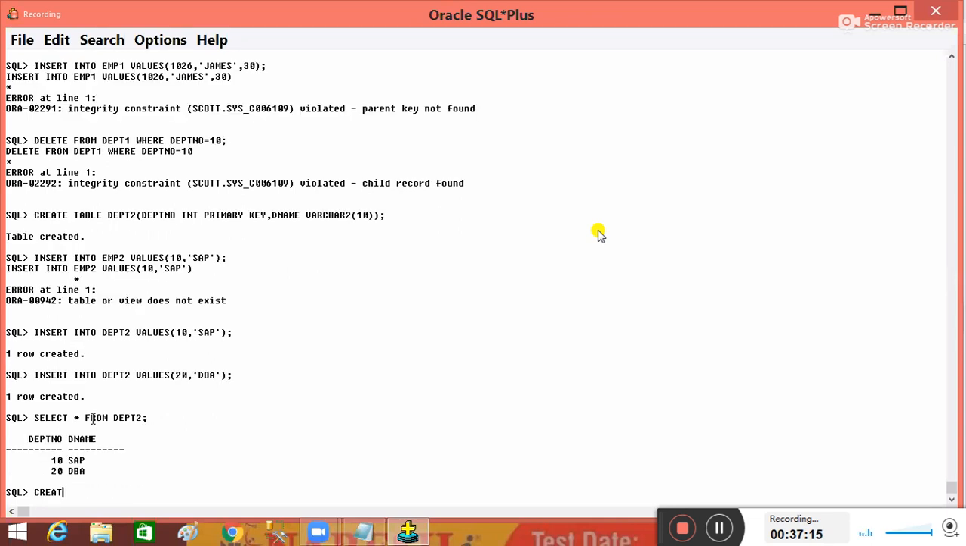Now the child table, carefully observe. Create table EMP2, so eid int, ename varchar2 of some size, and the common column DEPT number int, and I'm using references. I'm taking references from the parent table, which is DEPT2, of which column,